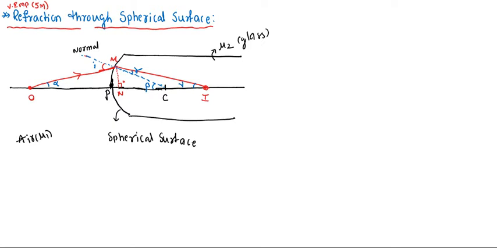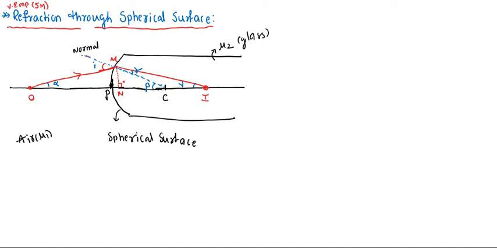This white one, and O is an object. From that, the light ray will start, and this is allowed to be incident at point M. At O, the object is there. From O, the light ray started here. That is allowed to be incident at point M. And here we want to know the angle of incidence. This blue line is the normal drawn at point M.